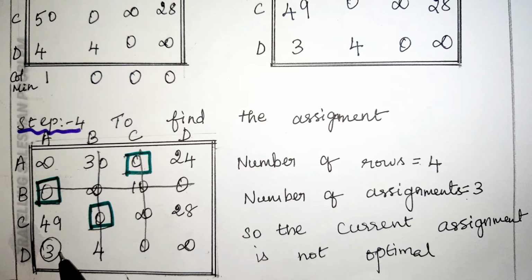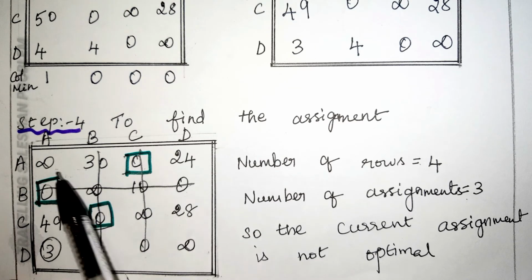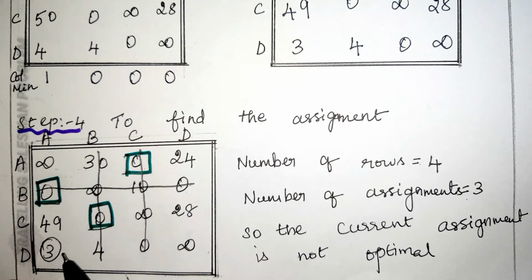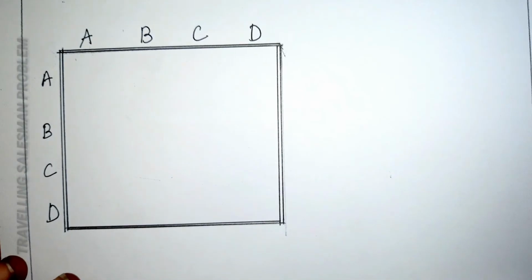With the minimum element, you subtract all the uncovered elements and you have to add it to the intersecting element, and write the other elements as they are. If you have a single line, write as it is. If you have a double line, you have to add. If you have no line, you have to subtract the minimum element. Then you will get a new cost matrix.